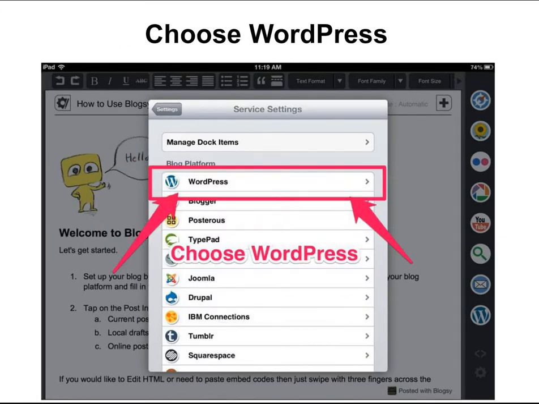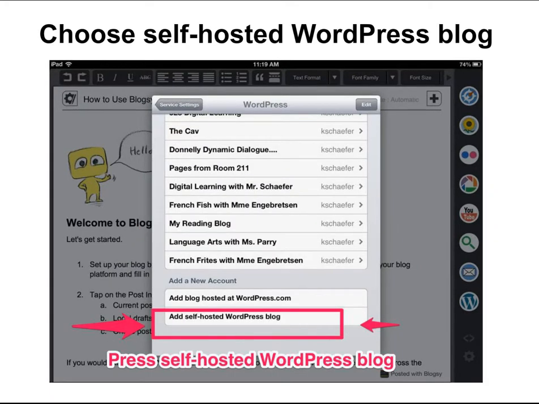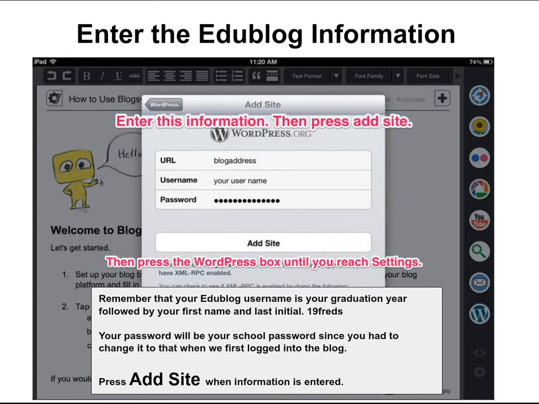Once you've pressed on the service settings, you're going to choose WordPress. My screen shows all the blogs I've already set up. You will choose Add Self-Hosted WordPress Blog. Here where it says URL, you will enter the blog address. For instance, dagoldstein.edublog.org or other such address. You do not have to type HTTP or www or the ://